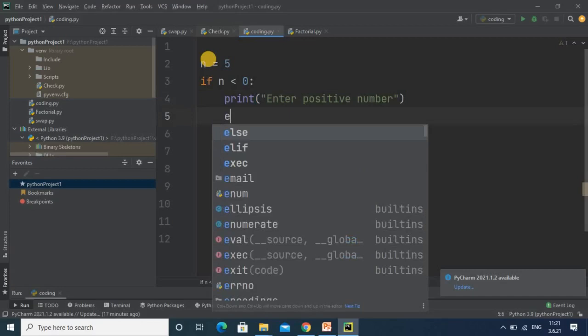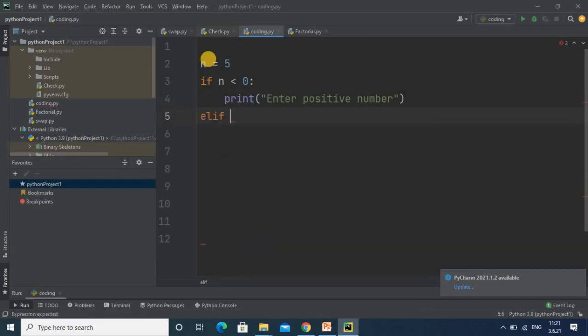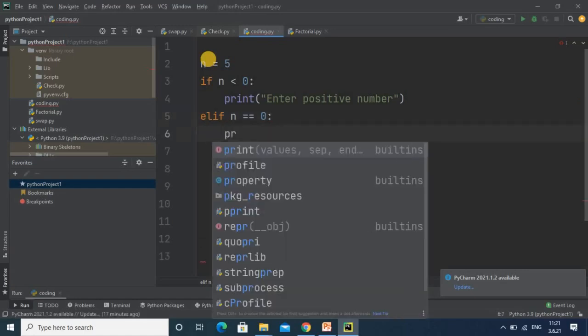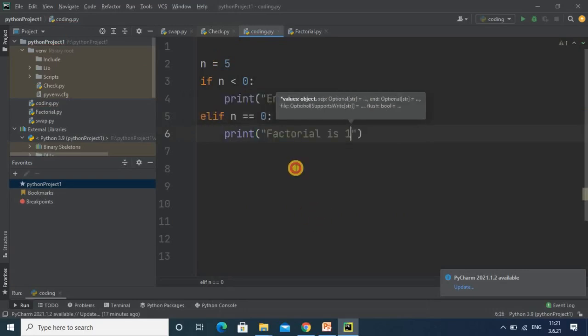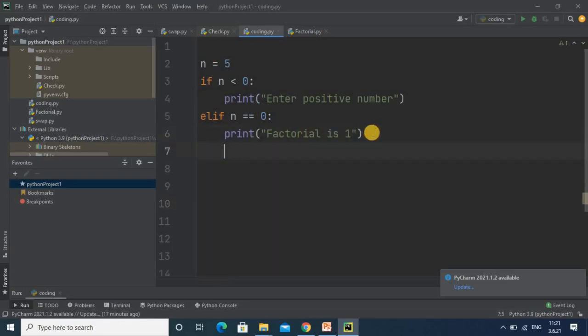Else if the number is exactly equal to 0, then you have to show the message factorial is 1, because the factorial of 0 is 1. So if the number is 0, then the factorial is 1. Got it? Otherwise you go for the other case by using an else block.